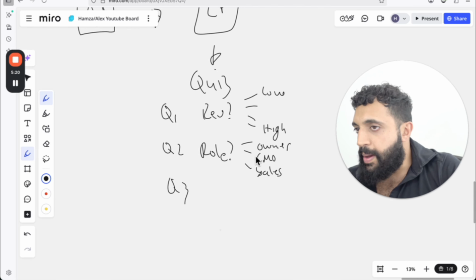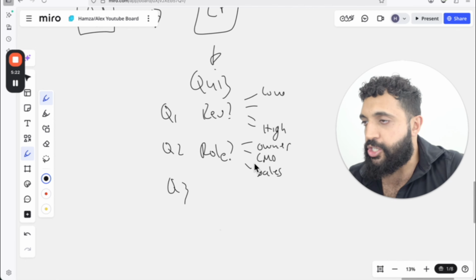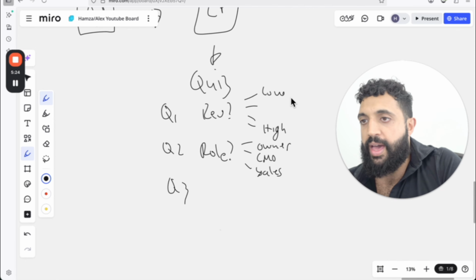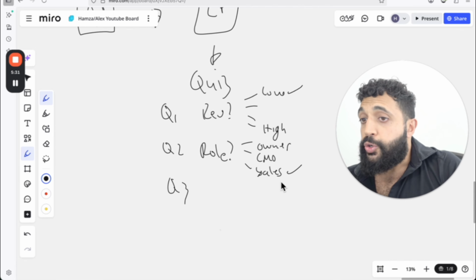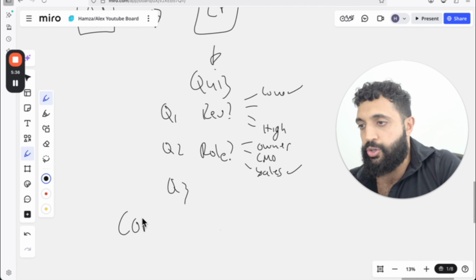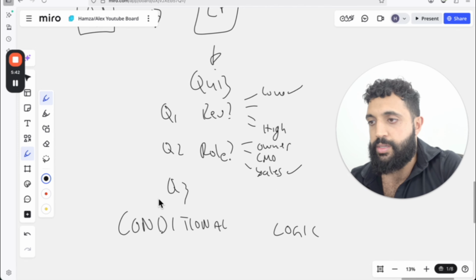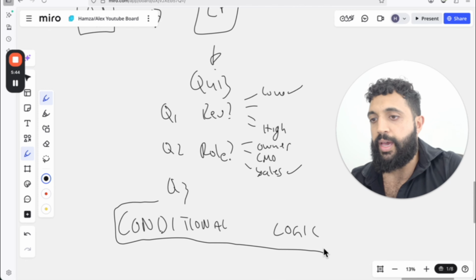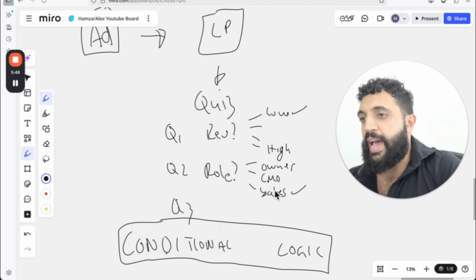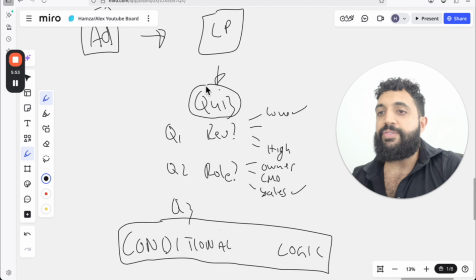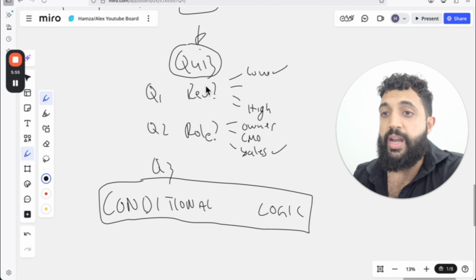The thing is that the best companies out there condition their pixel by making sure that anyone who is, for example, low on the revenue side, or not the owner, doesn't trigger the pixel. So they set up what you would call conditional logic on their quizzes. This is something that pretty much out the gate I recommend everyone sets up. If someone gets to your landing page and starts filling out your quiz, do not let everyone fire the pixel. That's different to do not let everyone through.